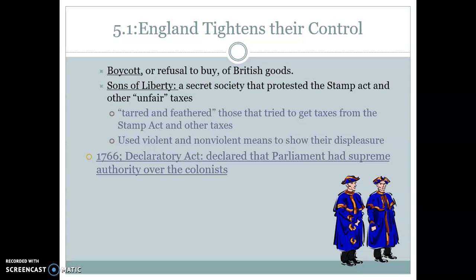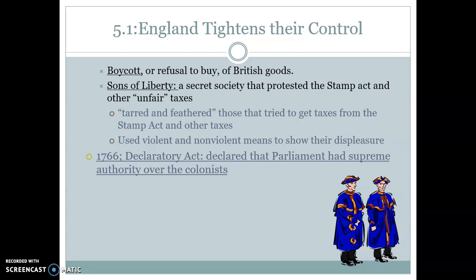So what happens is the Sons of Liberty develops, which was a secret society that protested the Stamp Act by either boycotting or refusing to buy these British goods, or by tarring and feathering the taxmen. More or less any British official that went around and tried to get taxes from these colonists would be dipped in hot tar and feathers thrown on them, and they more or less would run around until they pass out from pain or exhaustion. So they use both these violent and non-violent means, like the boycott, to show their displeasure